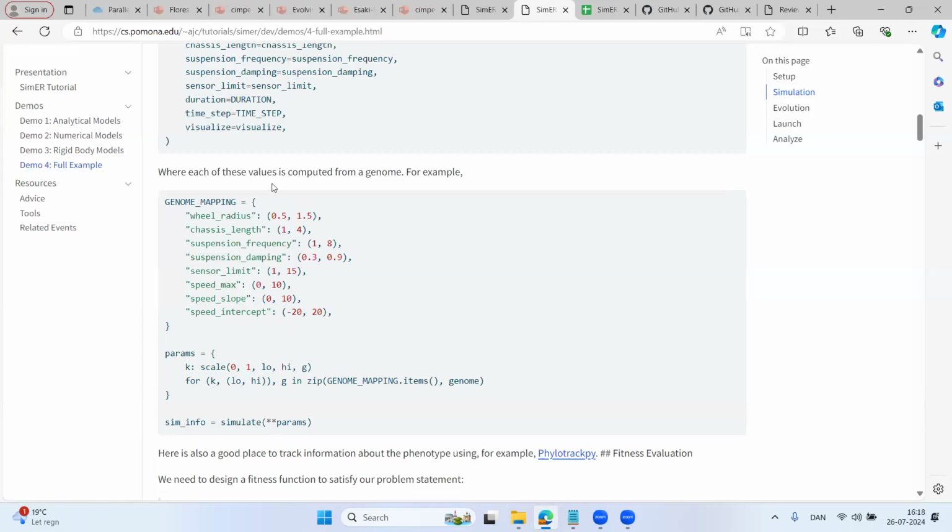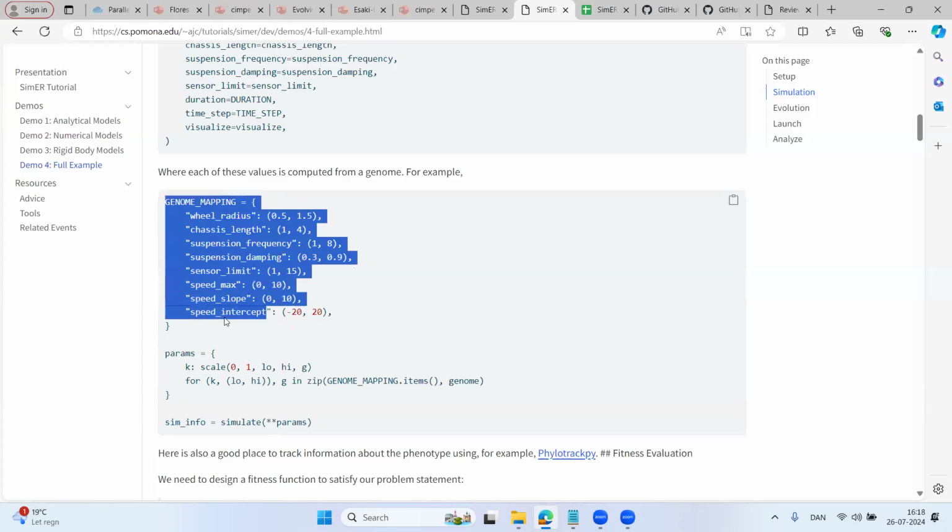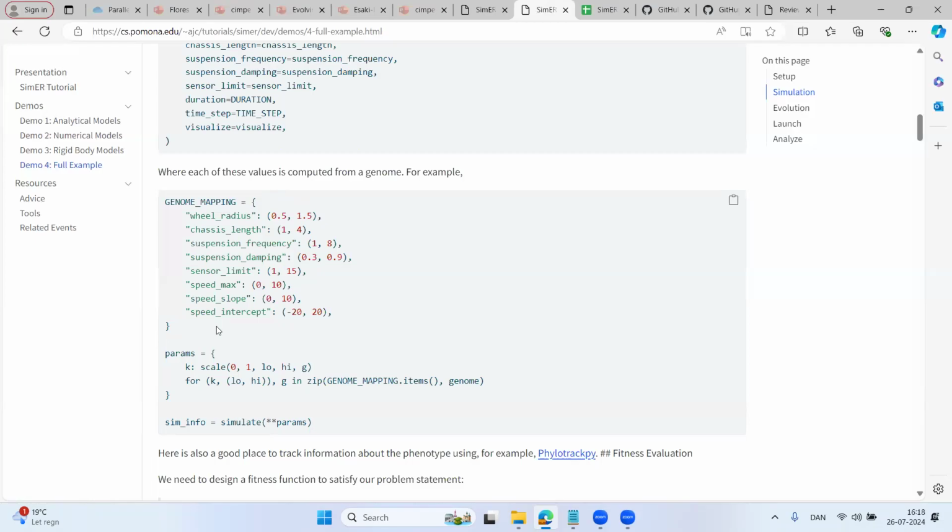That one I could take or leave as a piece of advice. I happen to like it just because it makes it easier to plot things after the fact. It also means I can save this mapping into a separate file and then load it in multiple places. So I usually load it into the simulation or the evolutionary process, and then I'll load it also into my visualization script if I'm generating plots. Because I want to take the genomes from 0 to 1 to, for example, 0.3 to 0.9.